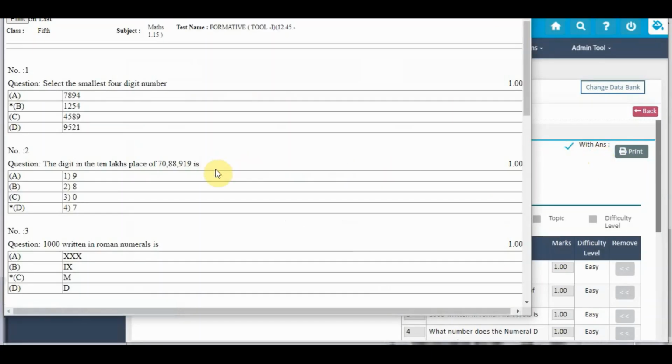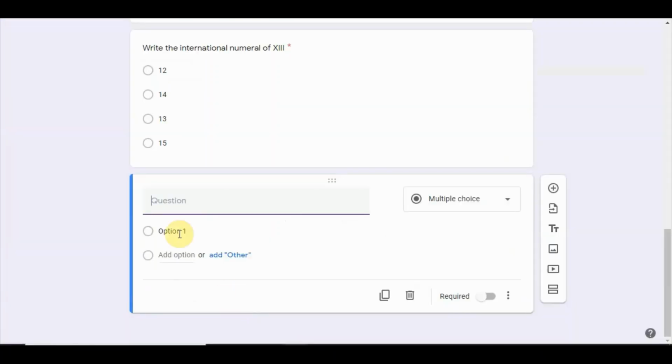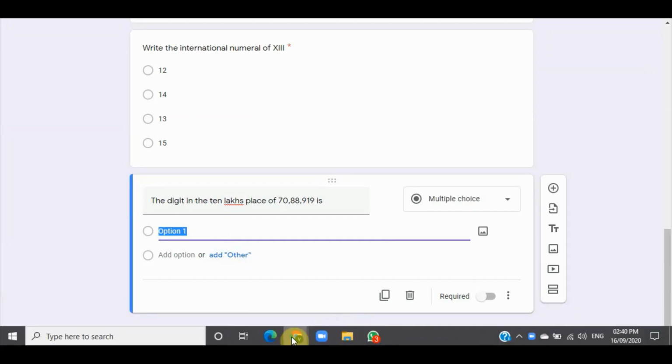Okay, now from here also, suppose I want to take this question from here, I can select it like this and press control C. Okay, now go back to your Google form, and here you have to press control V. See the question is directly being copied. Okay, now options. Now go back again to the Divine.